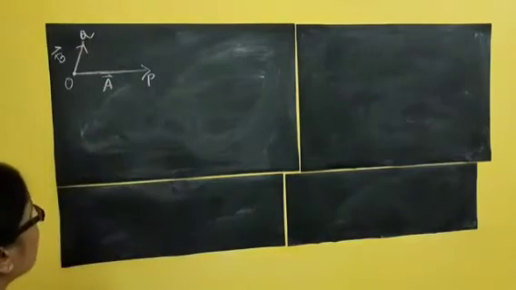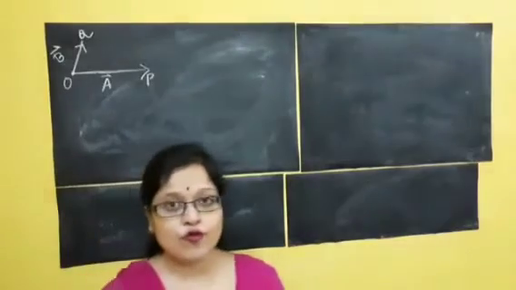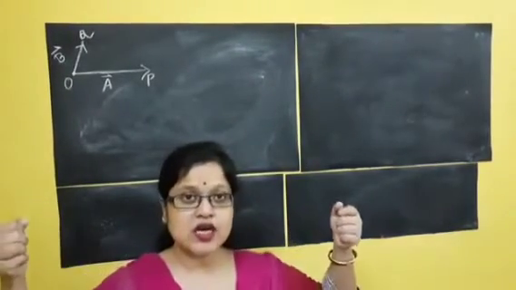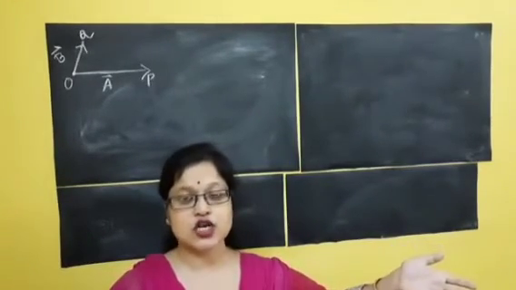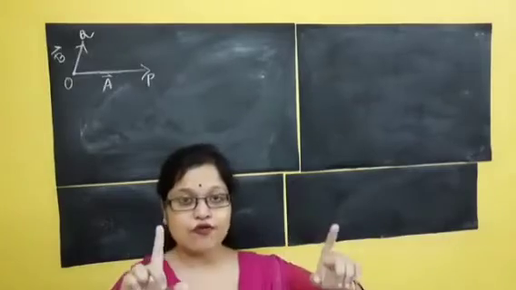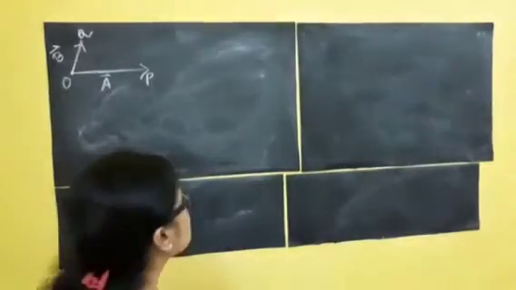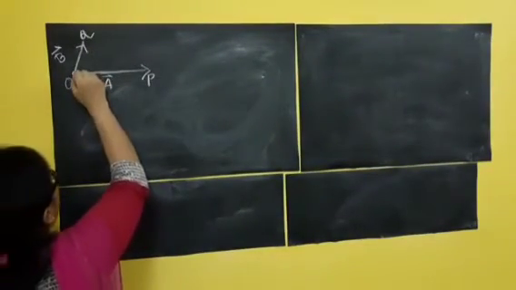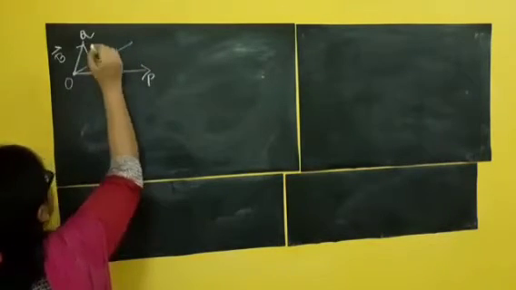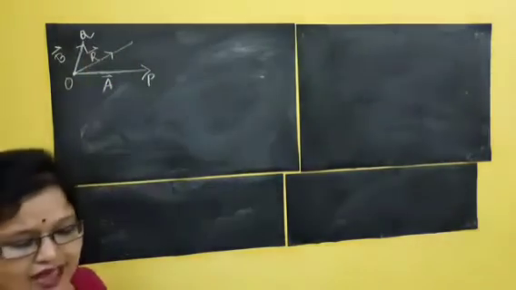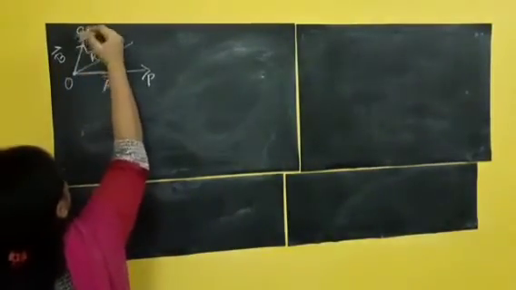OP, OQ. Now, as I know, if you are dragging one object from both the two directions, then the object will not move in this direction, the object will not move in this direction. In between these two, the resultant of these two forces will act somewhere. So obviously the resultant of these two vectors will act in between. So this is the direction of the resultant vector. So how will I calculate that? In the book it is written OS, so I am writing also OS.